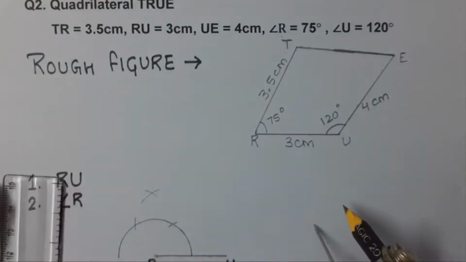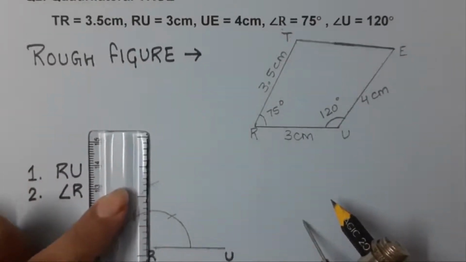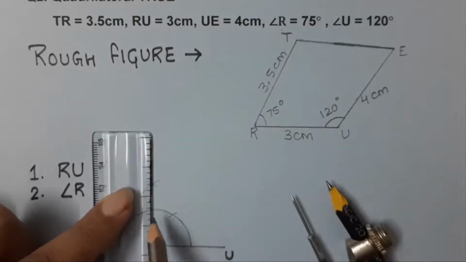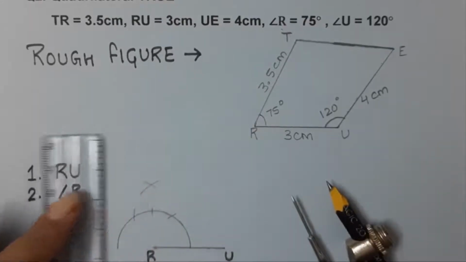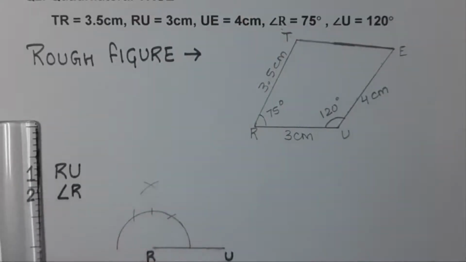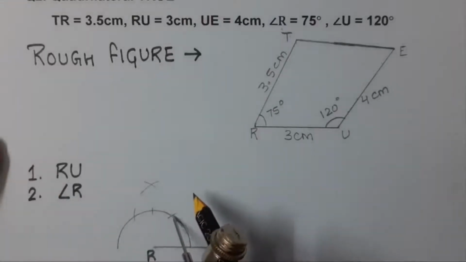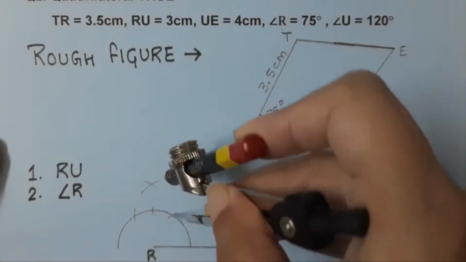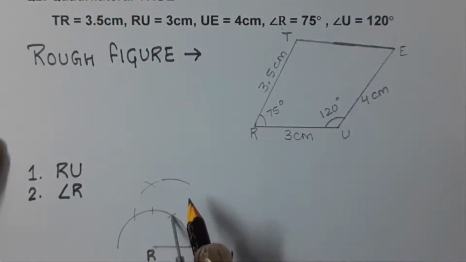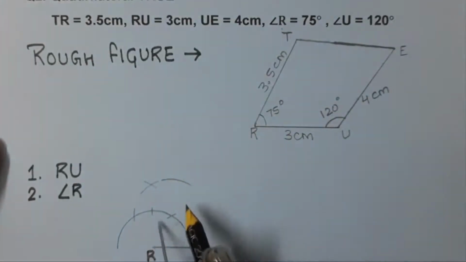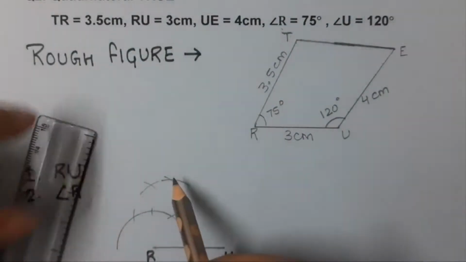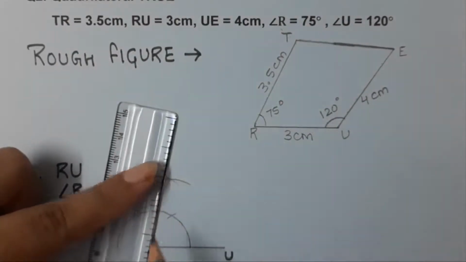Okay. So now what we'll do is we'll not draw this ray completely because this is not the main side of the quadrilateral. So we'll just simply mark a point here. We'll make an arc here. So this gives us 60 degree arc and this gives us 90 degree arc, and now we'll bisect this arc to get the 75 degree ray. So one arc, the first arc we have made from 60 degree and the second arc we are making from 90 degree point. And now we've got the other point which we have to connect with R. We'll be forming a ray here.